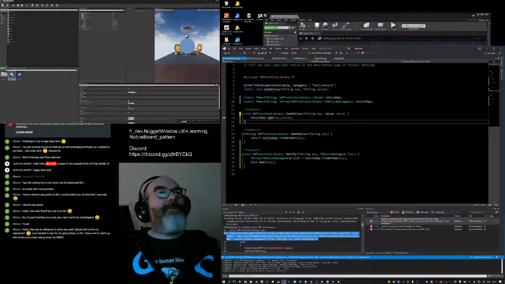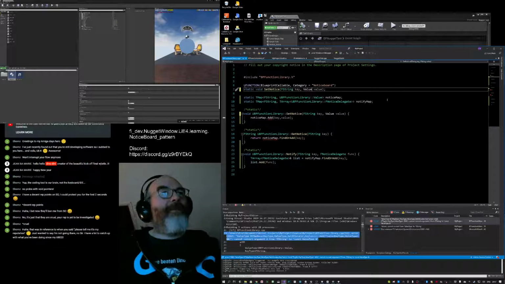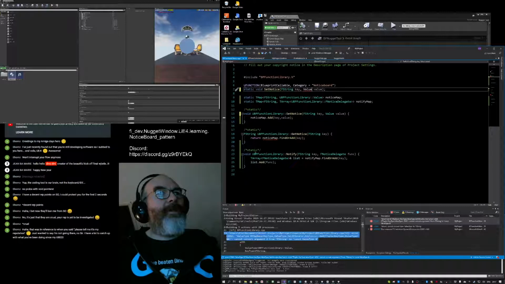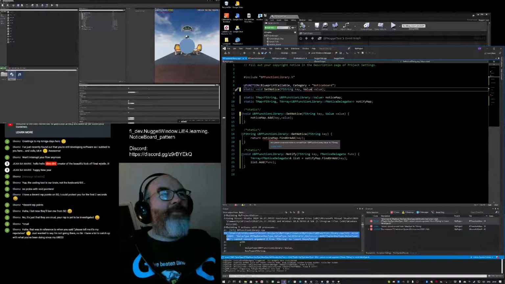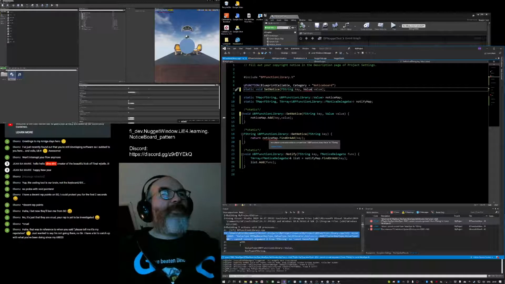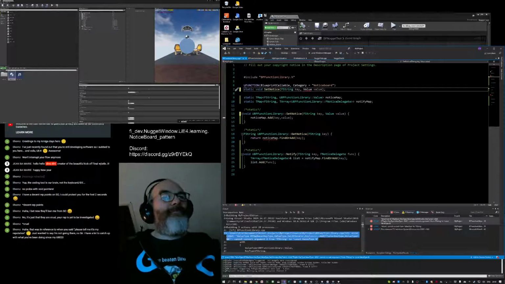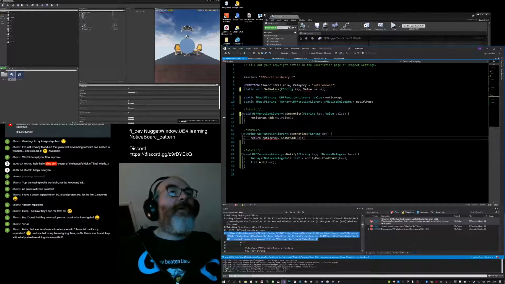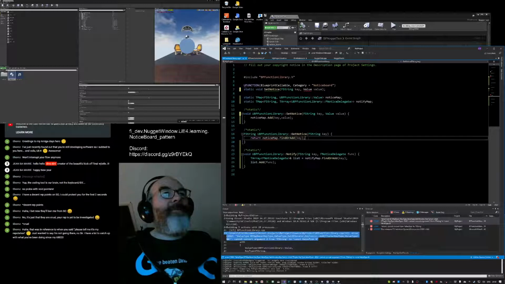When you set a notice key, guess what? Value. Over here we have string the value. Well, that's fine. This value is fine. We've got a problem here with this. It says no suitable constructor exists to convert from to f string. Why? Because it's returning f string. You're correct, it is. This needs to be fixed because I do not have a conversion.